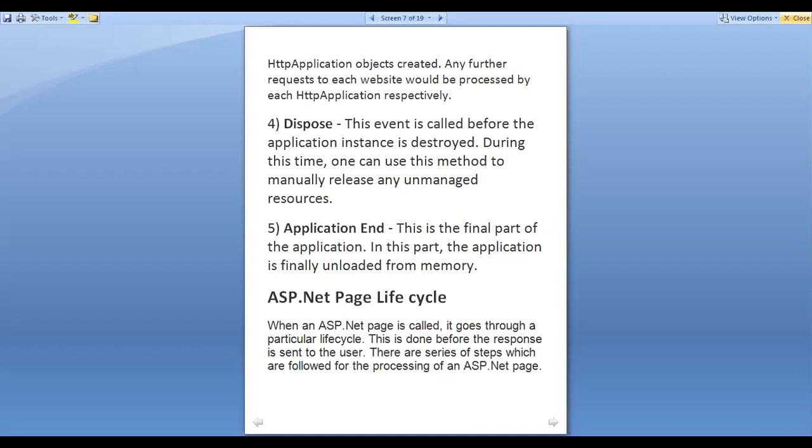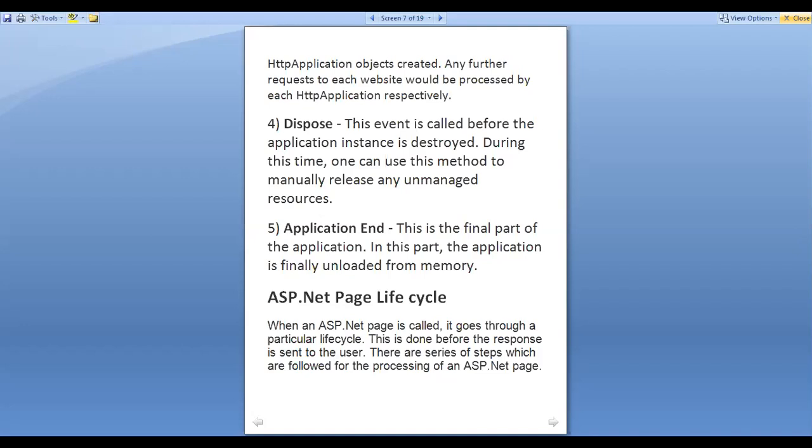Let's say we have referred to a database. Because obviously when we are using websites, we always make use of a database also. That database is not directly released, so for releasing such an object, we can use the dispose method, so that the connection can be closed within the dispose method.